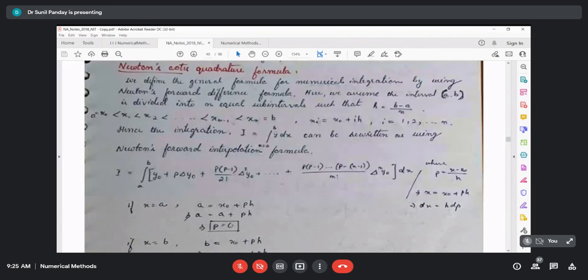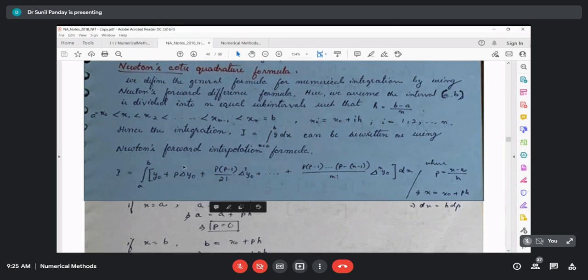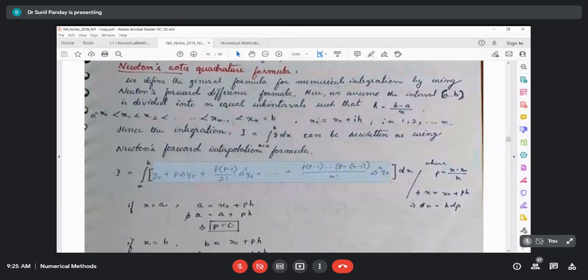So if we have a polynomial y fitting these n plus 1 data points, it means I can create a polynomial by using my Newton forward interpolation formula. Here I have written the Newton forward interpolation formula for these unequally spaced points. Because this y is a polynomial and we already have n plus 1 data points, I can fit a polynomial by using the method of Newton forward interpolation formula, and the polynomial is given by this equation: